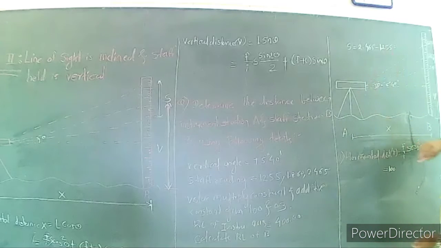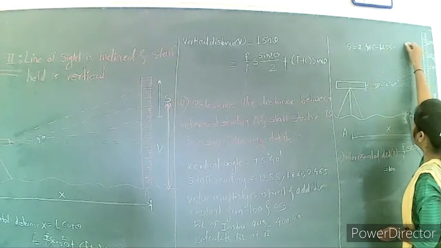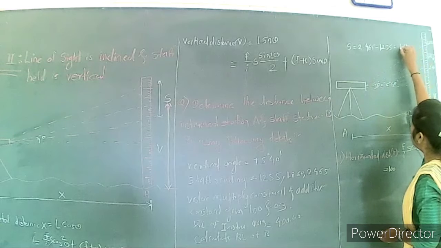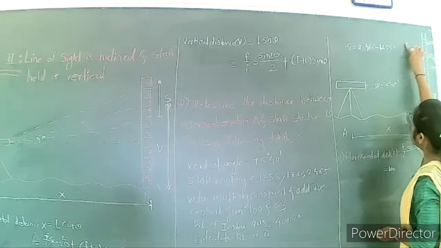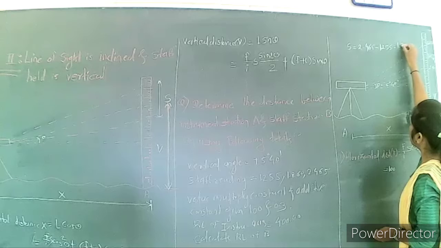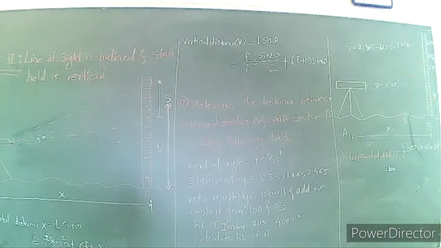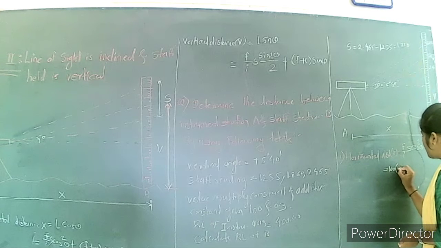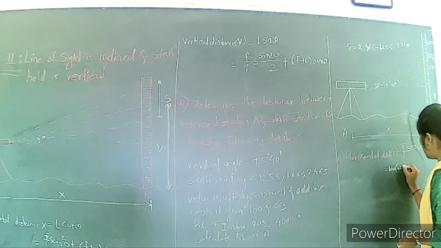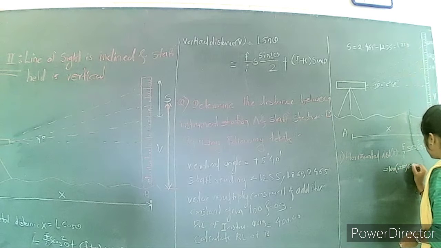Then we calculate how much it comes to. That is 1.210, the staff intercept. So the value of S is 1.210. Then cos square theta,